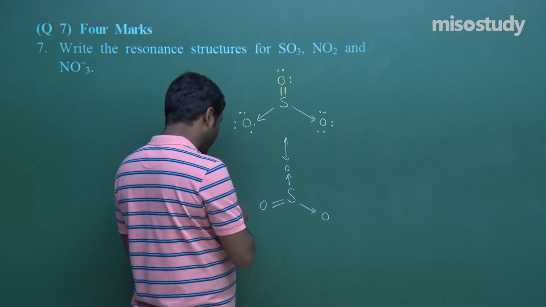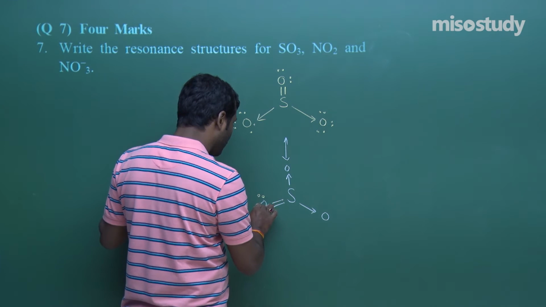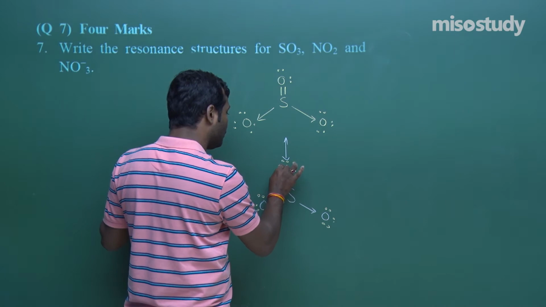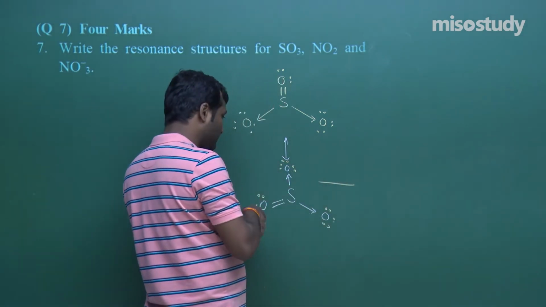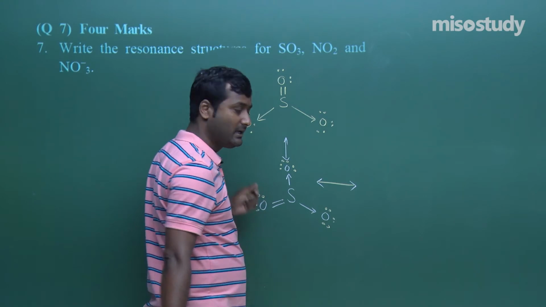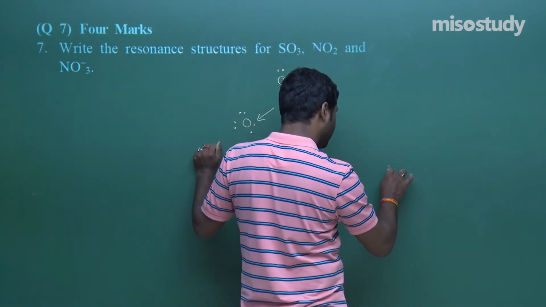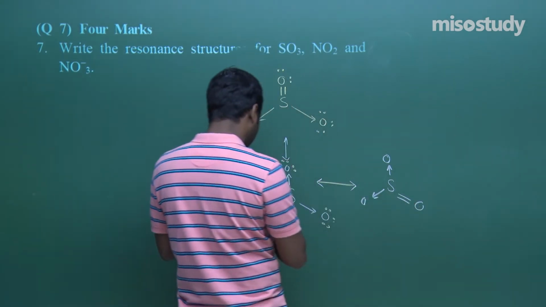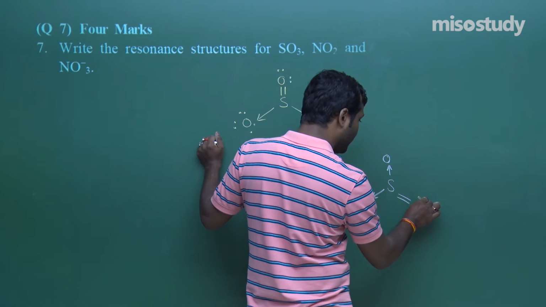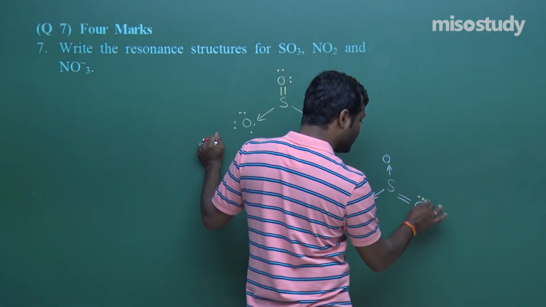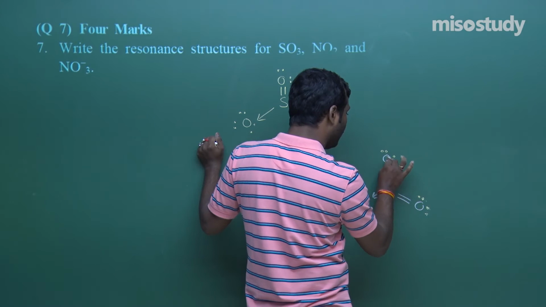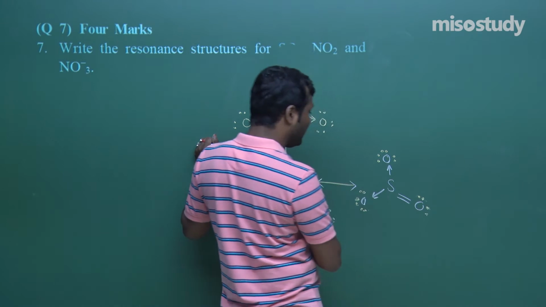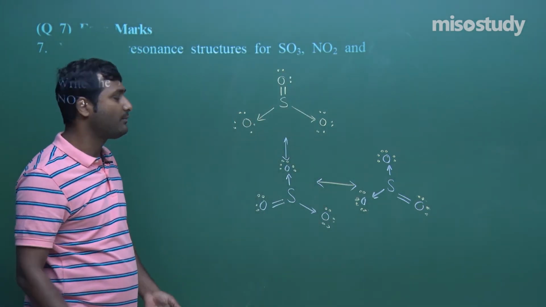Now there is a coordinate bond. Now 2 to 4, 2 to 4 to 6. The third resonating structure is like this. Listen carefully. That is O, that is O and double bond O. Clear to you? Now what will happen? 2 and 2, 4, that is 2 to 4 and 2, 6, my friend. Clear to you? This is the resonating structure of SO3.